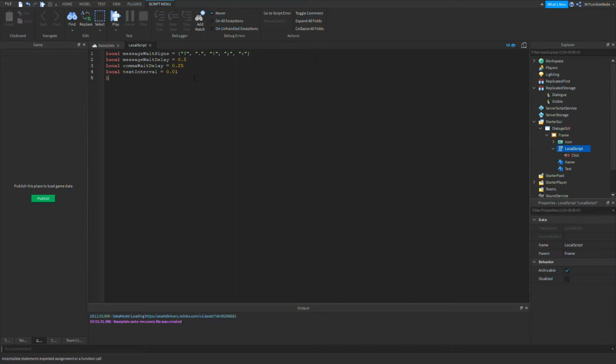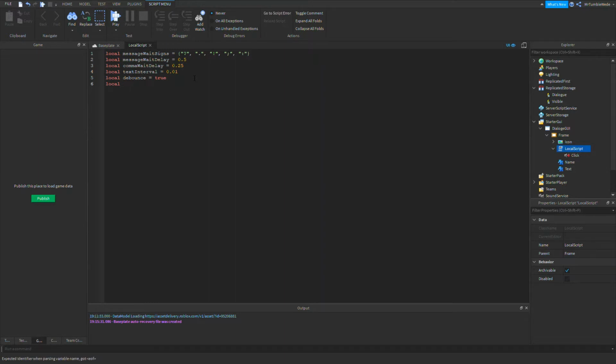And now I would also add a debounce. The reason we use a debounce, even though it's not necessary, is to double check and make sure that the dialogue will not flicker. It's just a safety, because you do not want a bug where your dialogue is glitching and going all over the place and flickering.